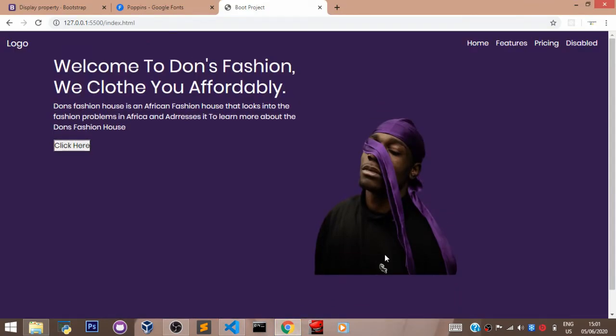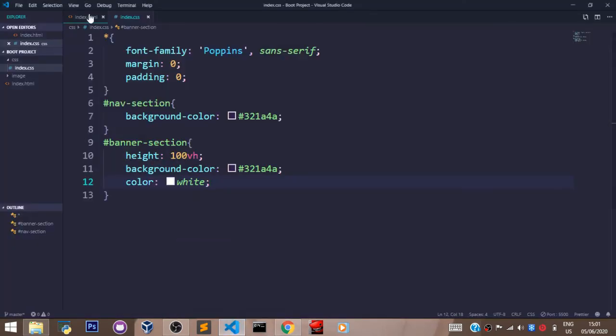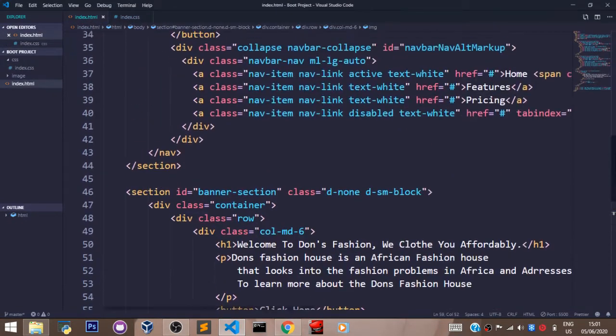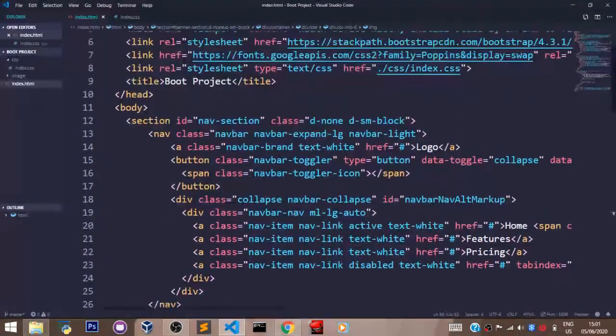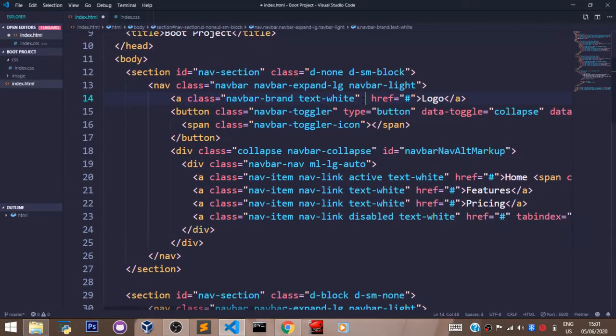Now the image blends with the background. So we have an issue here. This logo here is supposed to stay on the same line with welcome to Don's Fashion. So what are we going to do? Let's go over to our index.html file. Let's scroll up to the nav section, and in the nav section here we are going to make